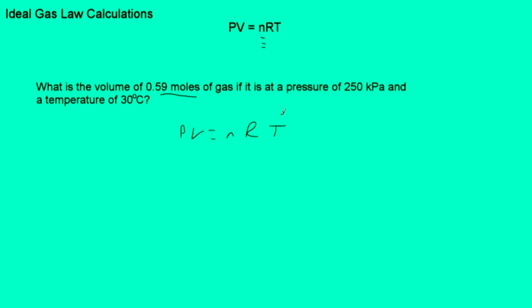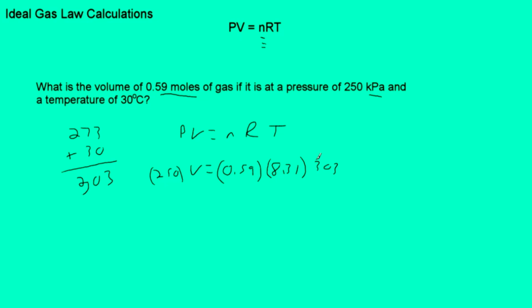So let's just plug in the numbers that we're given here. What is the volume? So we're looking for volume of 0.59 moles. N is moles, so put the 0.59 there. We have a pressure of 250 kPa. Here's pressure. Okay. R, because this is kPa, R is going to be 8.31. And temperature is 30 C. Remember, we always have to have these numbers in Kelvin, so we're going to add 273. So that becomes 303